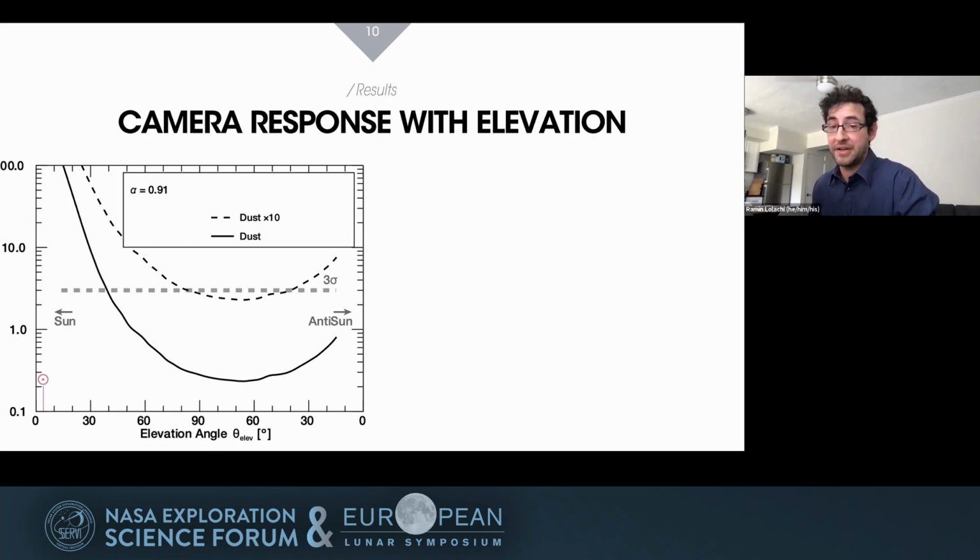This is for our baseline scenario using a regular grain with alpha equals 0.91. SNR is shown for the dust model path integrated case, the black line, and the case with dust increased by a factor of 10, the black dashed line. The thick dashed gray line represents a 3 sigma measurement above which dust is confidently detected and adequate for constraining the dust size distribution. You can see a good fraction of the SNR lines are above the detection threshold,